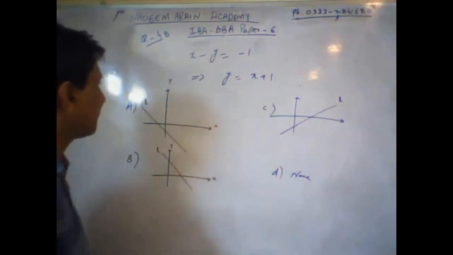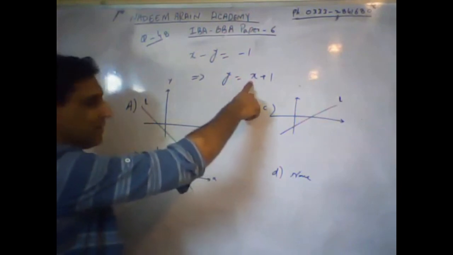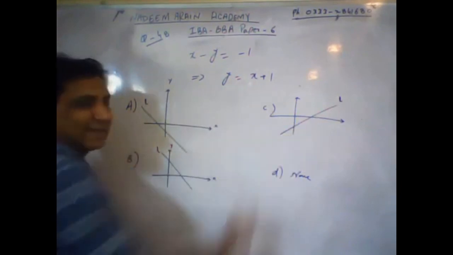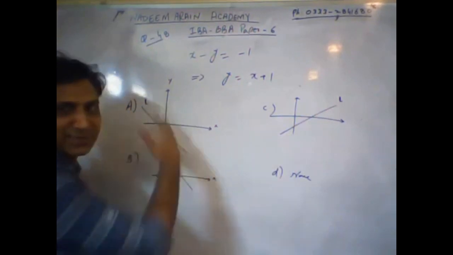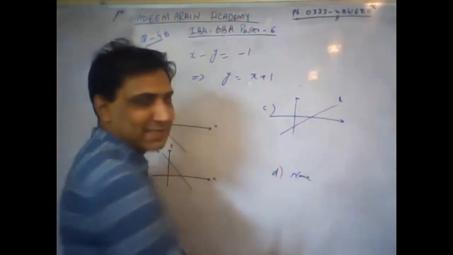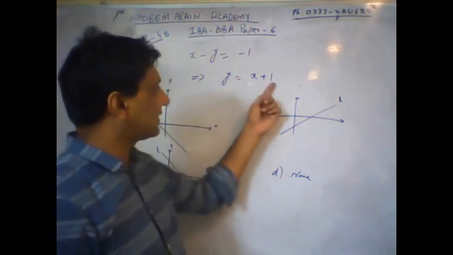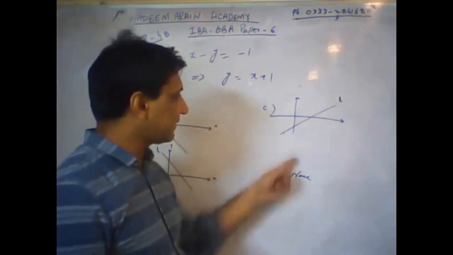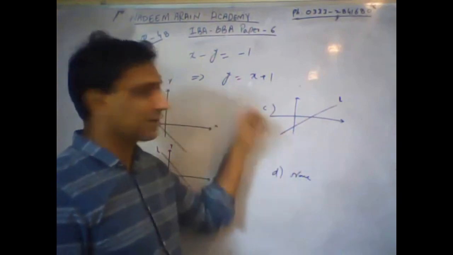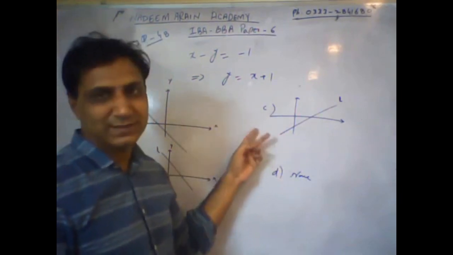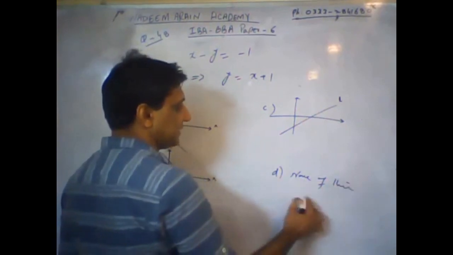First thing first, what is the slope or gradient here? Positive. There is only one line that has a positive gradient, this option C. This is negative, this is negative, so skip them. So this can be your answer, because the slope is positive. But again, look for the y-intercept, that is 1. But the y-intercept here is negative, so this is a contradiction. So this isn't your answer either. So it's none of these. So option D is your answer.